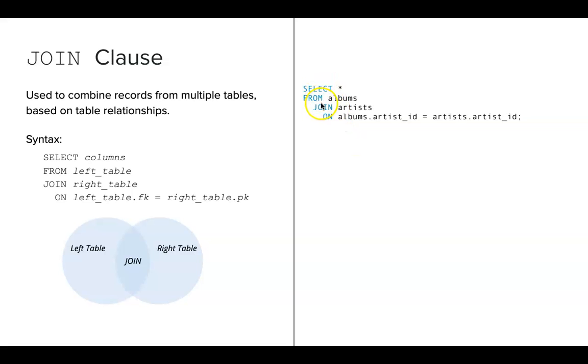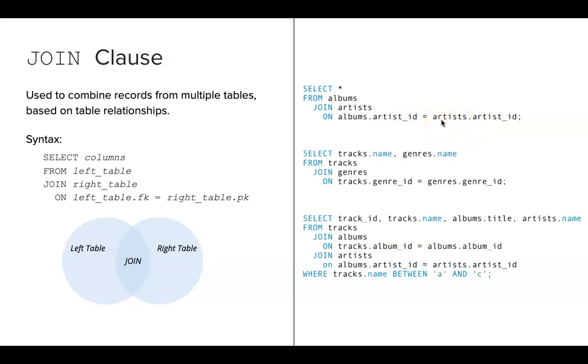Again, SELECT the same, FROM, but let's say I want to join my albums table and my artist table. I would do something like this. And then it's like, where do you want to join it on? ON is another important word. It's going to be a column that they both share. So we'll look at it in a second.